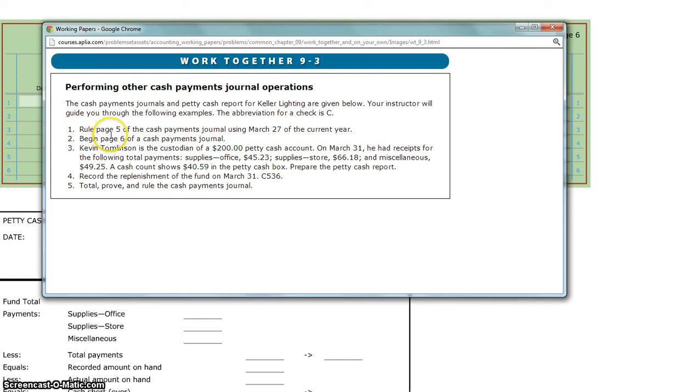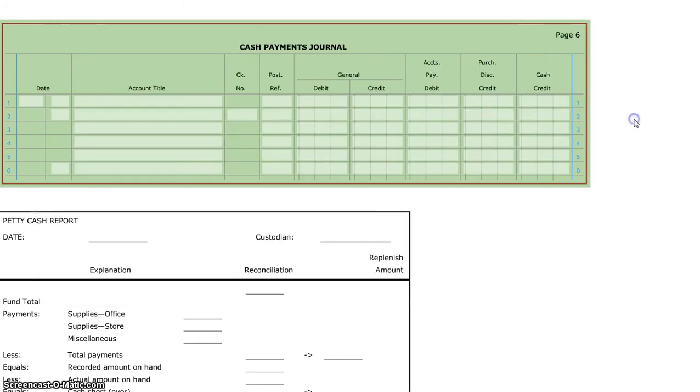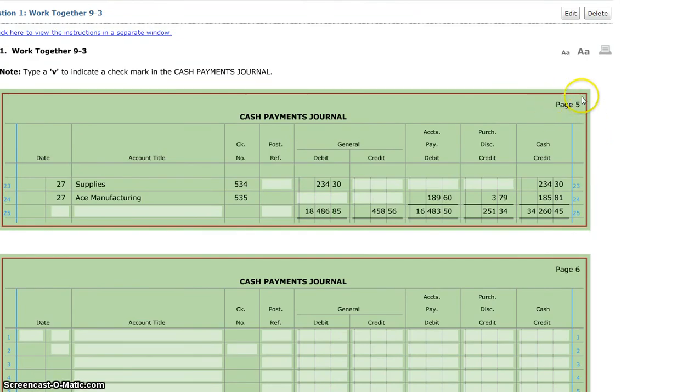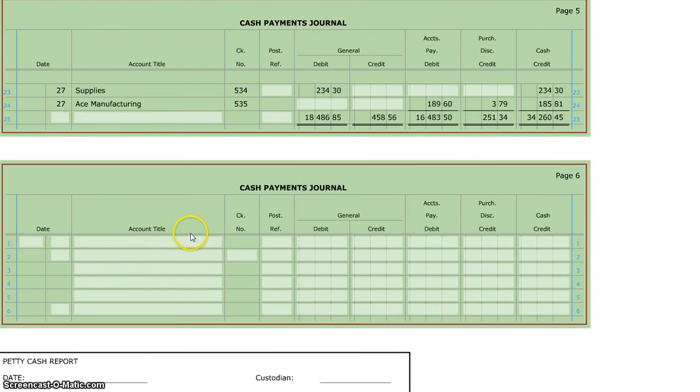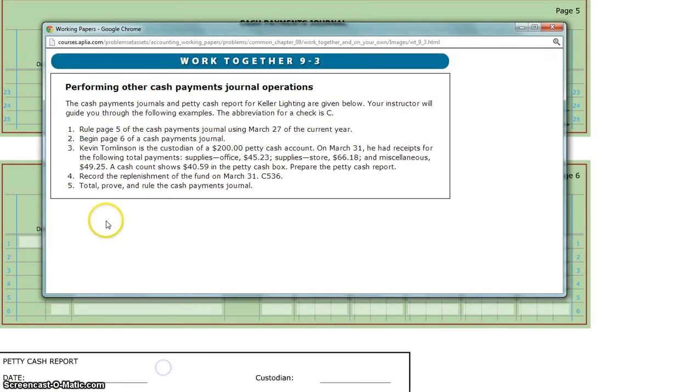Step 1 right here says rule page 5 of the cash payments journal using March 27th of the current year. So we have to go to page 5 right here, and we're going to rule the journal, meaning if we had an actual physical piece of paper, we would draw a line all the way across, and then we would total everything up. Your totals are already given for you, and then you would put them on the next page here, which would be on directions number 2 right here, where it says begin page 6 of the